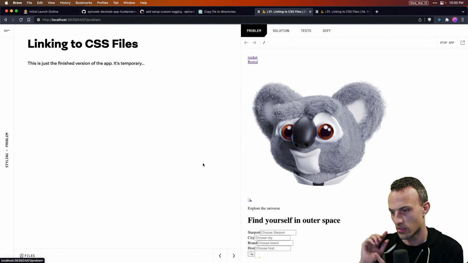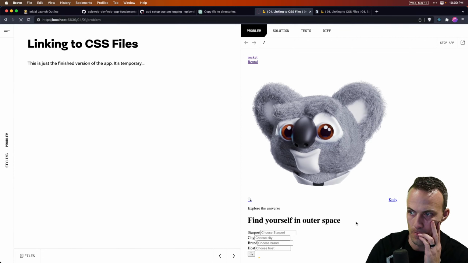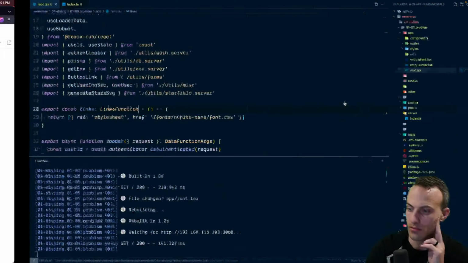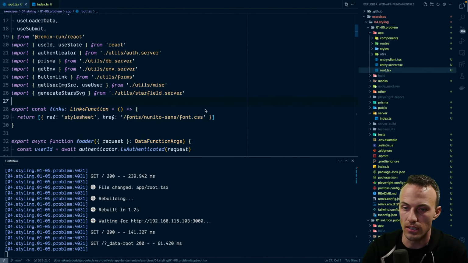If I reload, okay. Man. I do need to put the refresh button right here. Okay, cool. Well, so at least that works. So that's good. Back this up. And that's that.